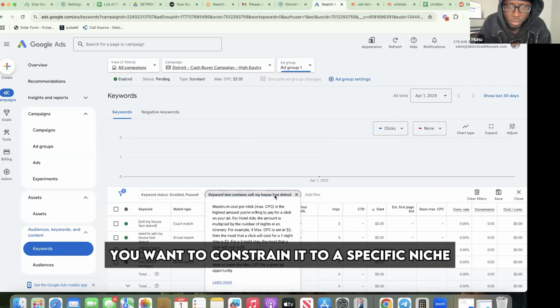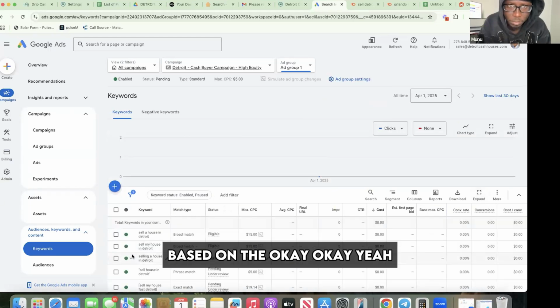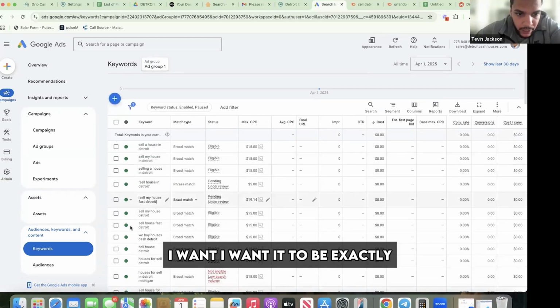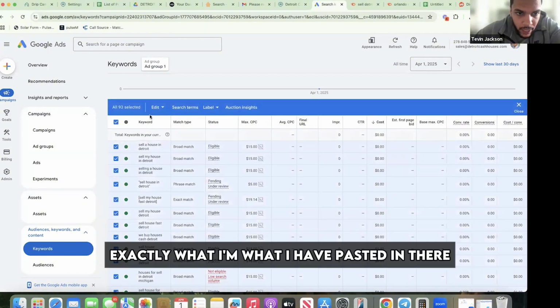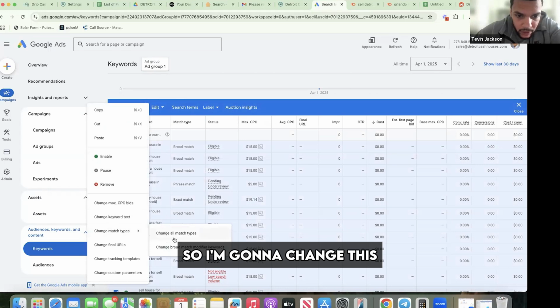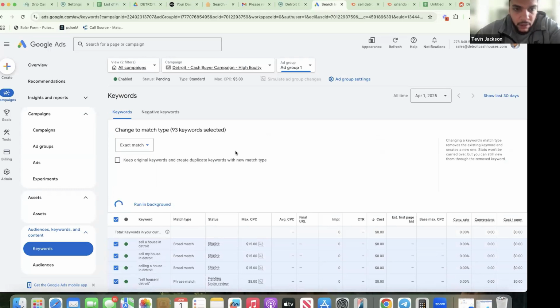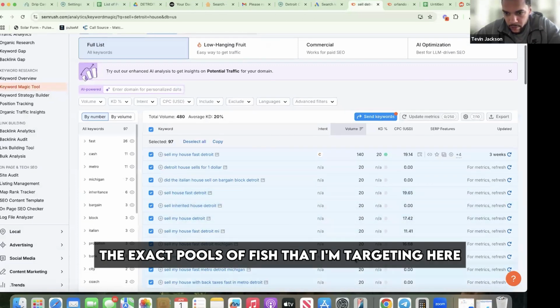You want to constrain it to a specific niche. I want it to be exactly what I have pasted in there. So I'm going to change all match types from broad to exact. And this will target the exact pools of fish that I'm targeting here,